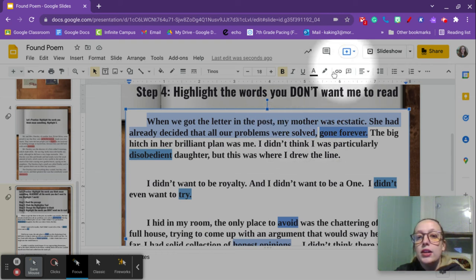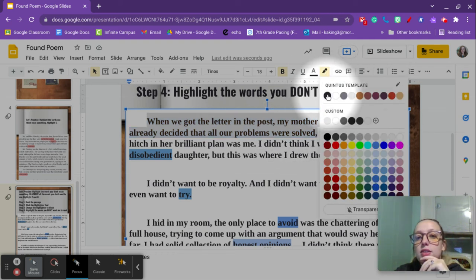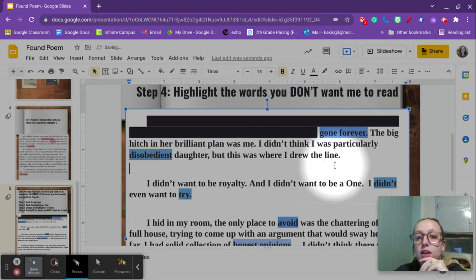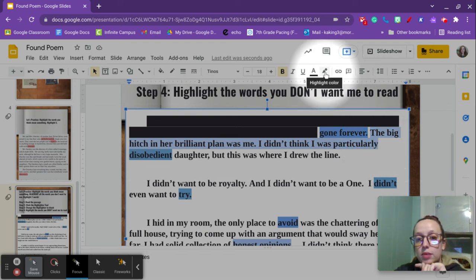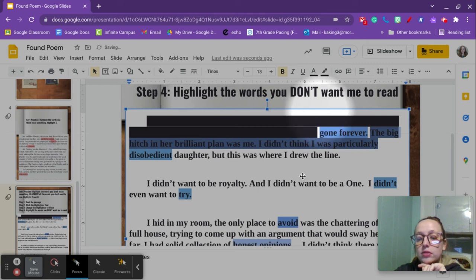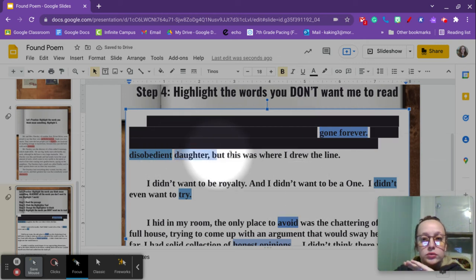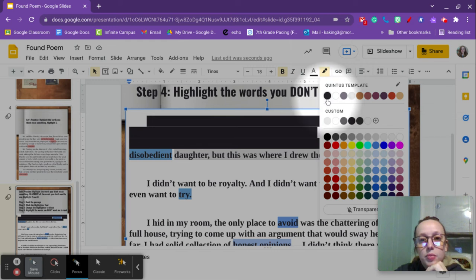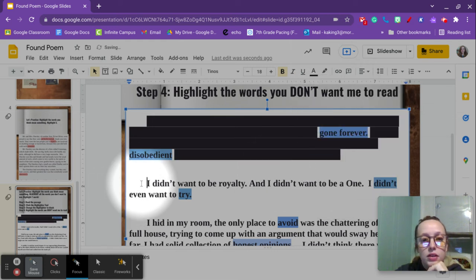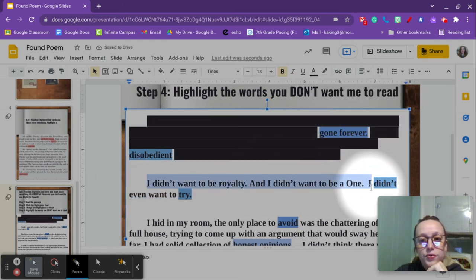I'm going to highlight, and then I'm going to change the highlighter to black. So now whenever I click off of it, the words are gone. And so I'm going to do the same thing with the rest of it. Remember, don't highlight over your words that you want to keep. Highlight color, black, gone. All right, highlight, black, gone. All right, so